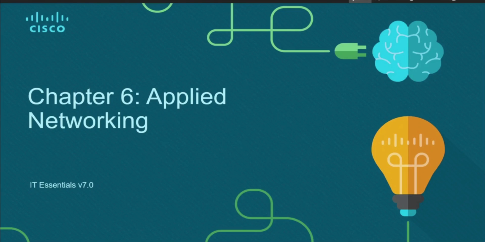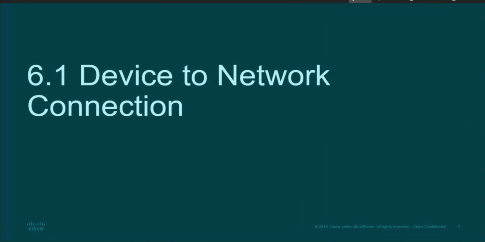Welcome to chapter 6 of computer hardware. This chapter will talk about the applied use of networking devices to create a network, the addressing modes of a network, and how to troubleshoot if something goes wrong in a network. Now, there are two types of addresses which are mainly used in a network.